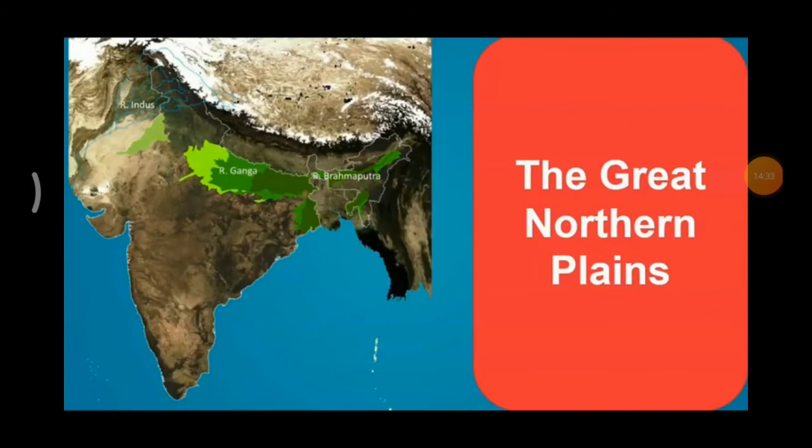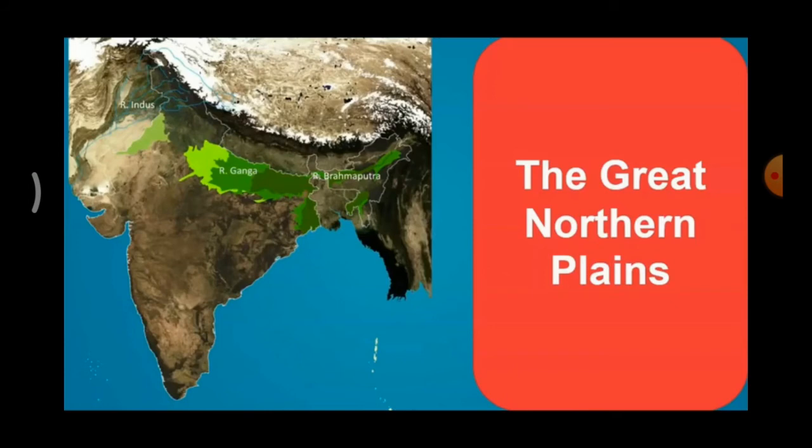On the basis of deposition of sediments by various rivers and topographical characteristics, the northern plains of India are divided into 4 major regions. Rajasthan Plains are located to the west of the Aravalli range. The Aravalli range covers an area of about 1,75,000 square kilometer. The Rajasthan plain is formed by the deposition of the Luni river.